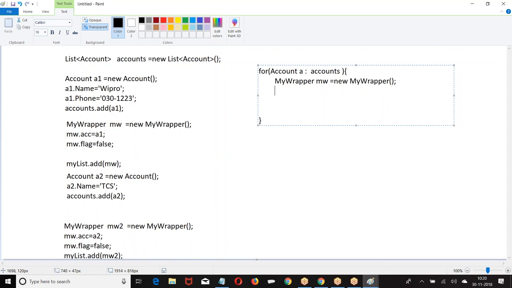Am I right? First time when I run the loop, A is the first record. Second time, A is the second record. Third time, A is the third record. A is not the same. First time it refers to the first record, second time the second record, third time the third record. MW dot ACC equal to A. First time, first record.